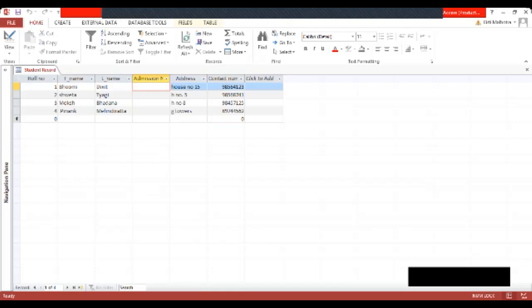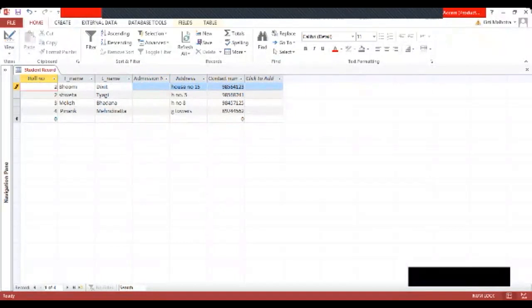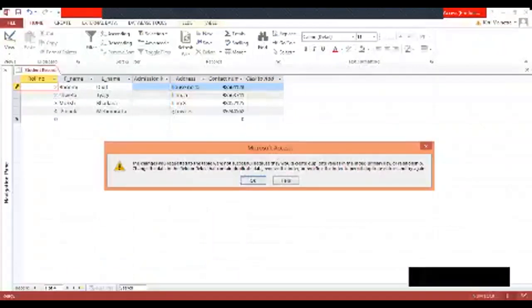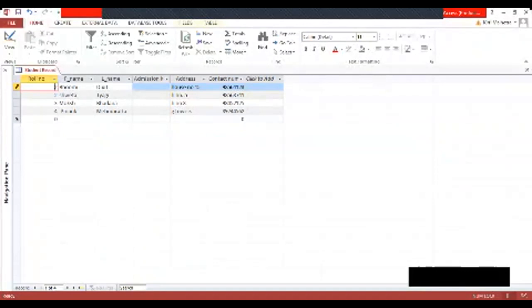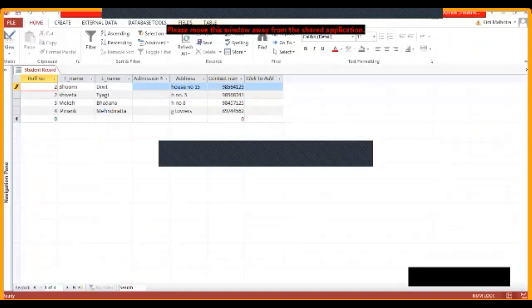The last part is sorting data within a table. See, this data is being sorted. Suppose I have sorted it like this. This is roll number 2.